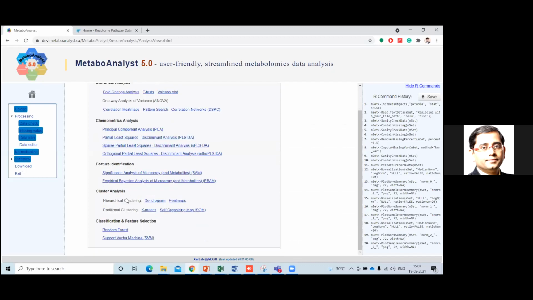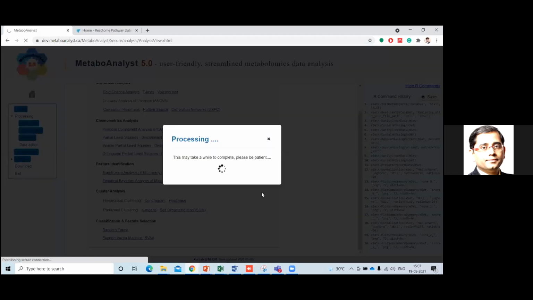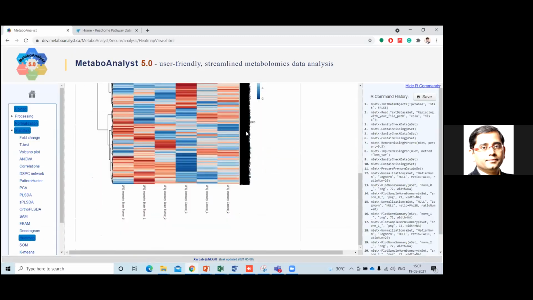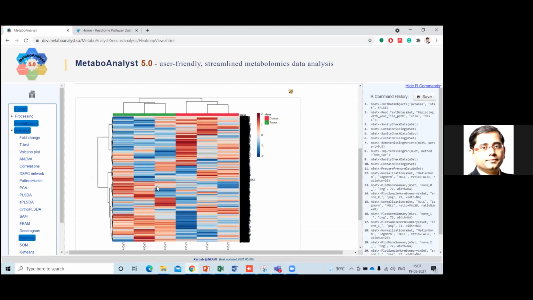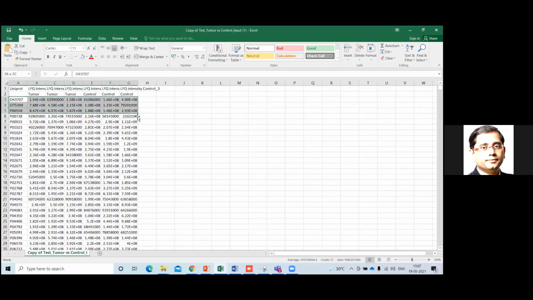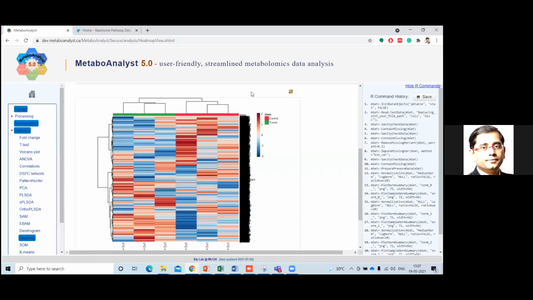Let me show the heat map first. Now if you see this heat map, you can see the whole data in a single picture. That is what data visualization is. So from this data, you are now seeing the whole data in a heat map. These are the 3 controls, these are the 3 tumor.